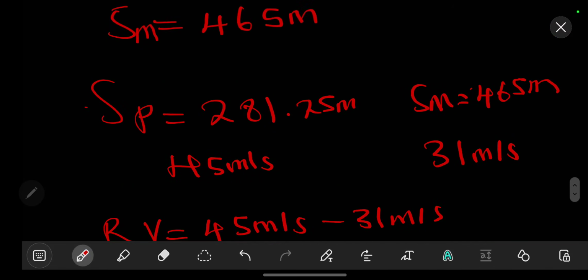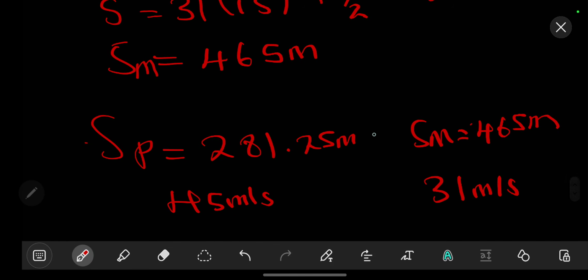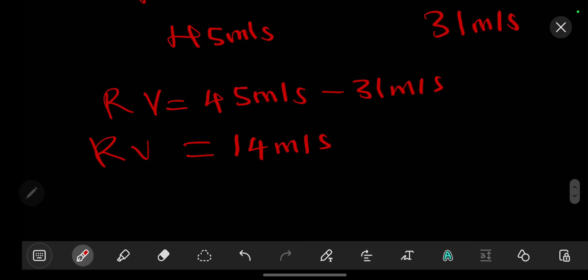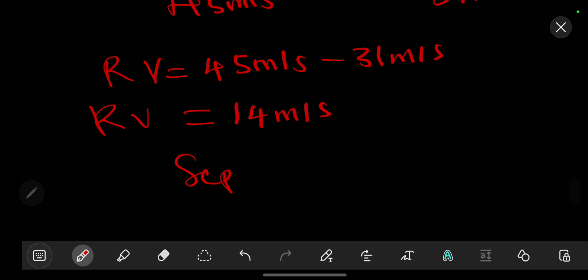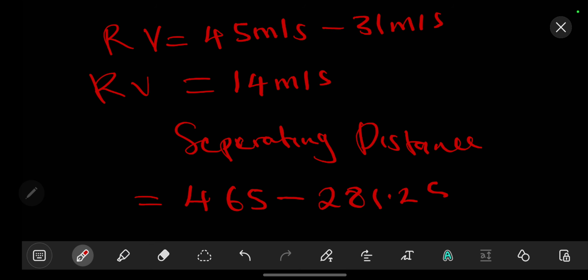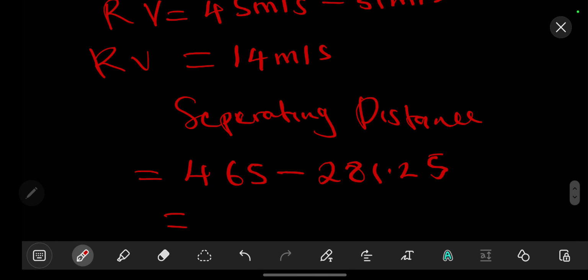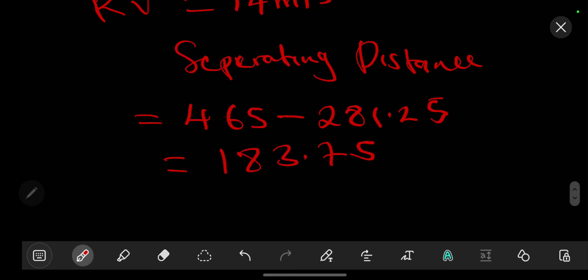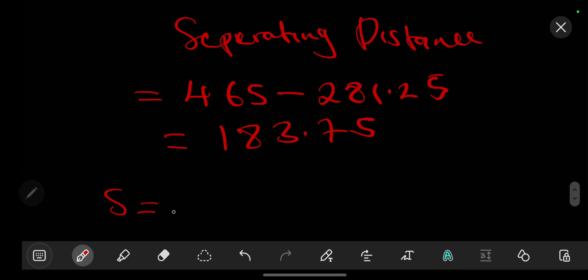So now, to use this relative velocity, we also need to subtract their separating distance. So we are going to find the separating distance. The separating distance shall be equal to 465 minus 281.25. So the value will be equivalent to 183.75, like that. Then when you do that, use your equation, which is S equals ut